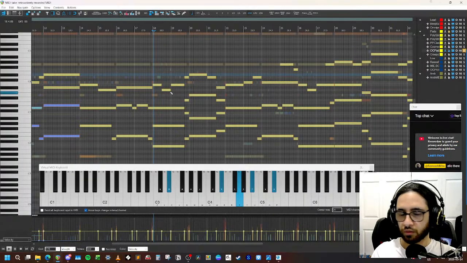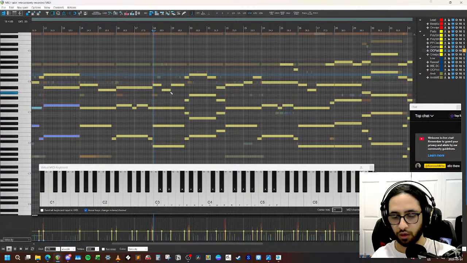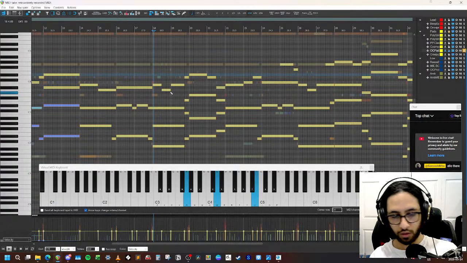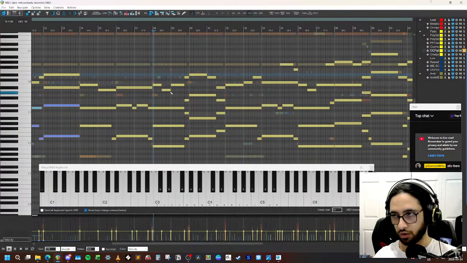So would that be a mediant? Yeah, chromatic mediant, because it goes down by a major third, and it does a major chord.